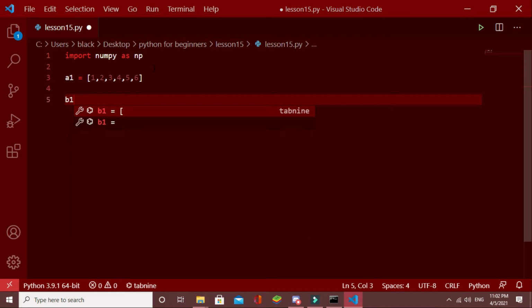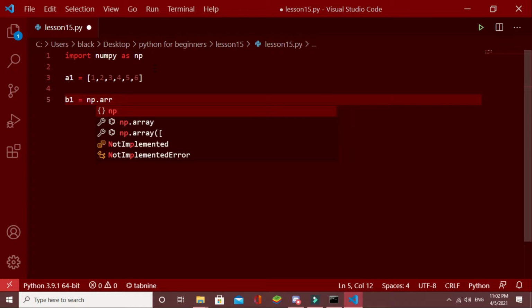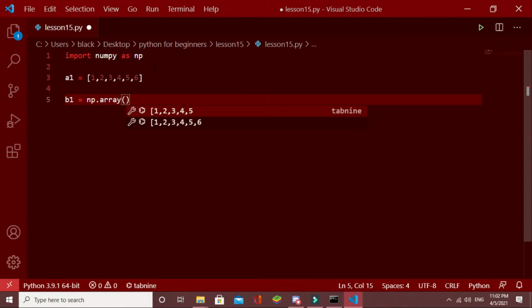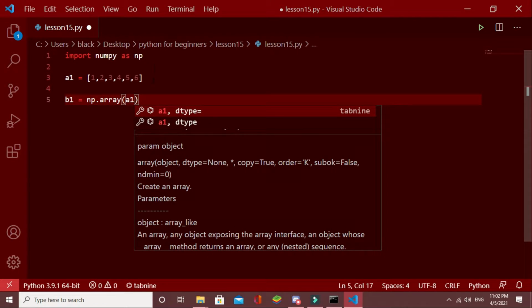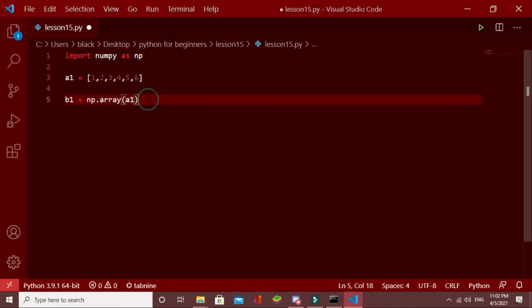I'll call the NumPy array b1, and that equals np.array, then inside the brackets a1, which is the normal list. Here b1 is a NumPy array which is converted from the normal list a1.